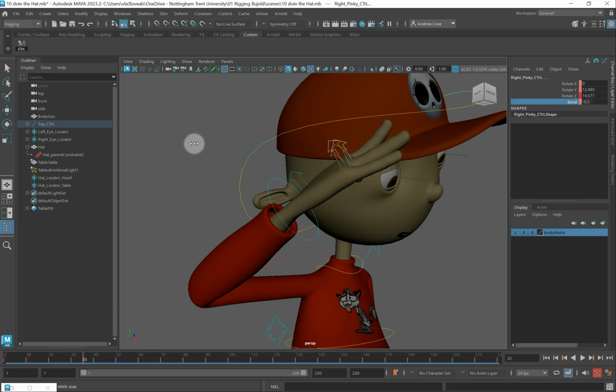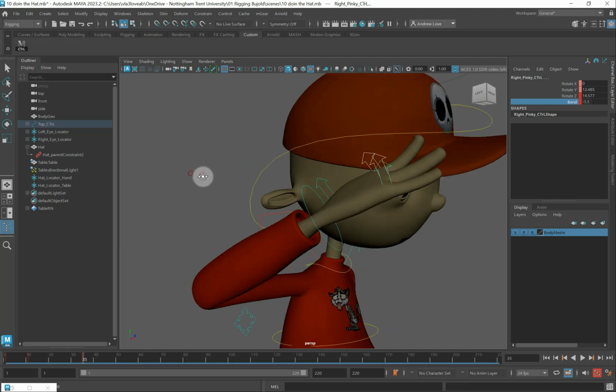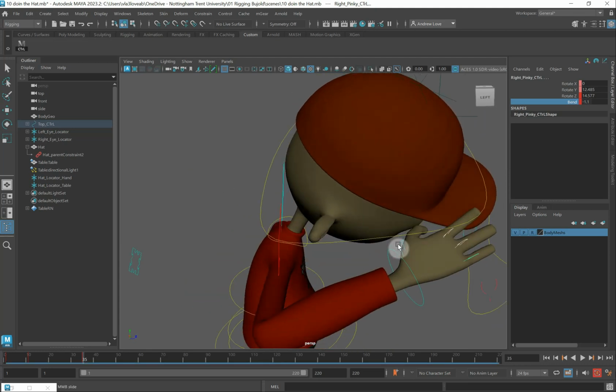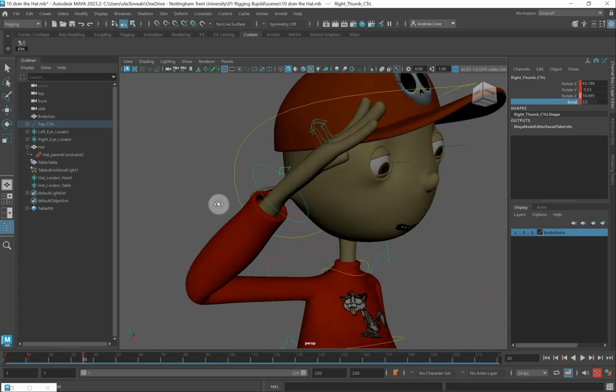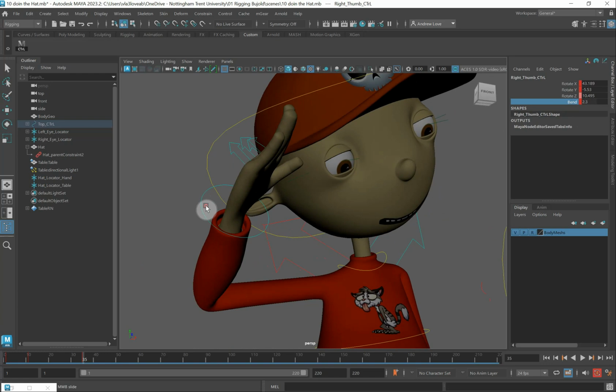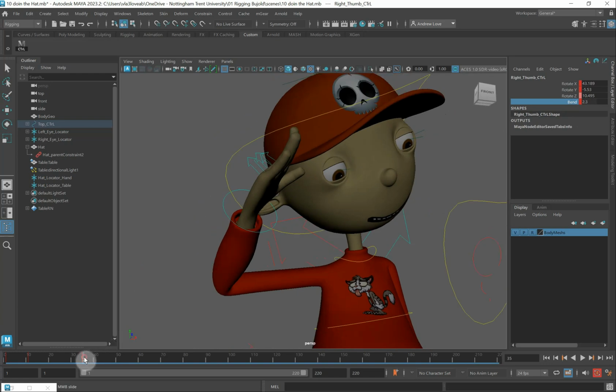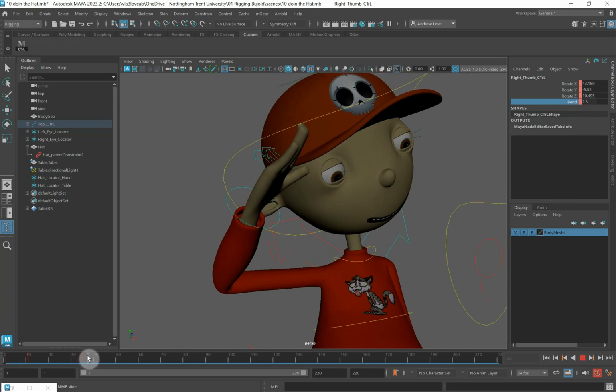Bend. And take that around. I don't want him to poke himself in the face with this one. We could move it down a little bit more. And then, as it comes in,